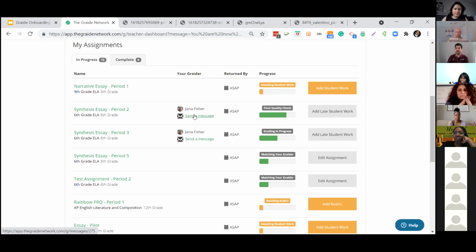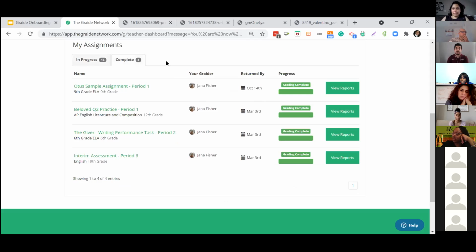I'll show you, you can just reopen the assignment anytime a week after we've returned them to you to add any extra kids. So you've got a little buffer built in there, but you want to wait till at least the majority of students have turned it in before you send it over to us. And then you'll see these different stages, whether we're looking for a grader for you, they're working on it, or it's going over a final quality check with our team. Once an assignment is complete, you'll get an email notifying you, hey, everything's ready to go, log in and take a look. You'll just click into view reports,